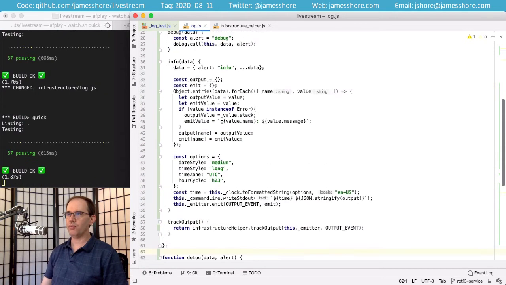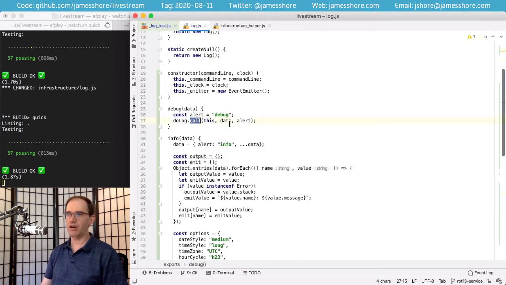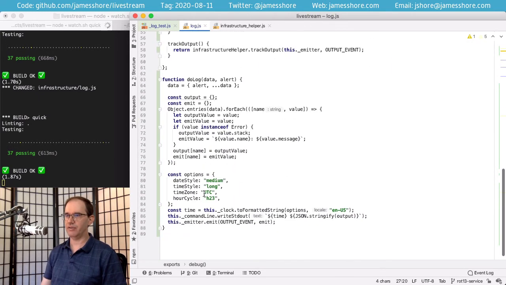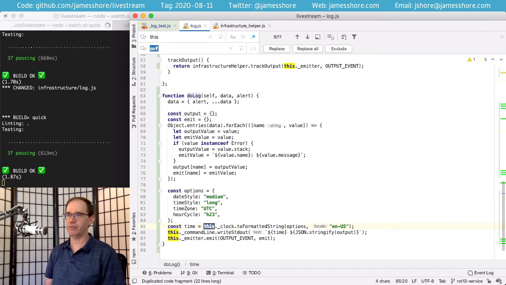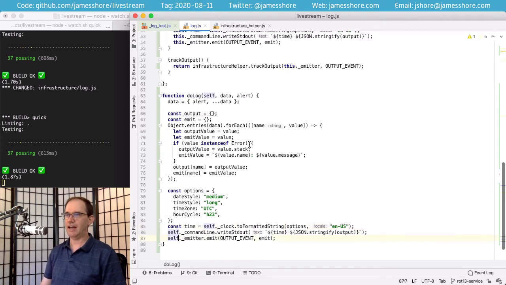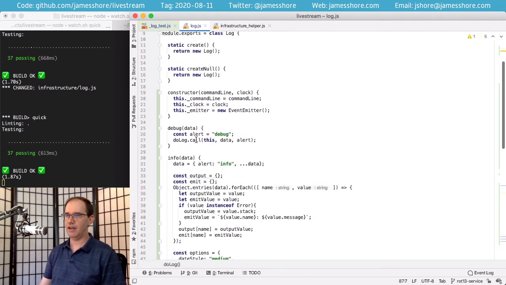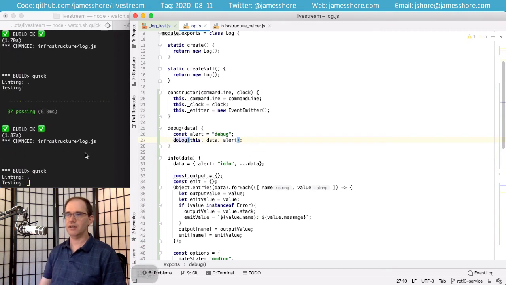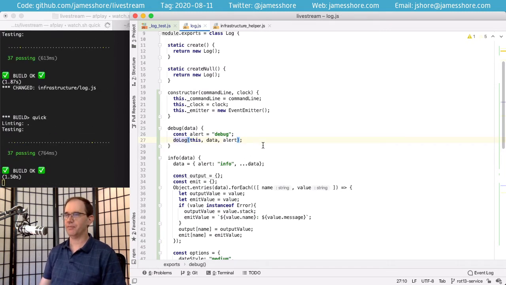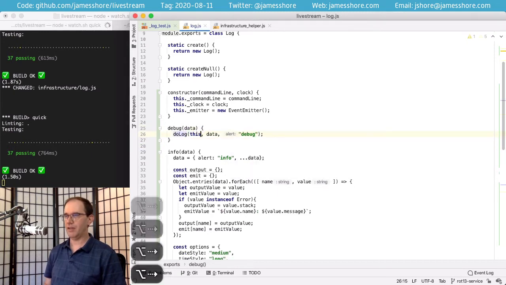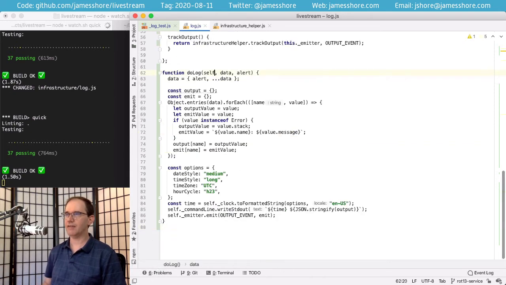Now, WebStorm by default uses the call option so that this is implicit and allows us to have this used down here, but I prefer to make it more explicit. I think it reads a little bit easier, especially for people who are not as familiar with JavaScript. So I'll just do that. I will pass self in explicitly and not use the call option. And that is exactly the same code. And now I can inline this, but I think I want the data to come last. So we'll move that.